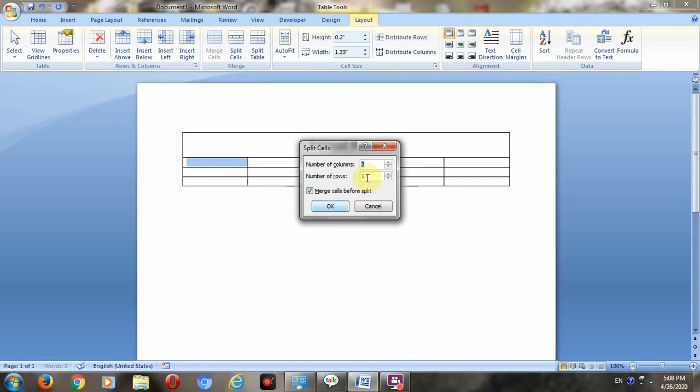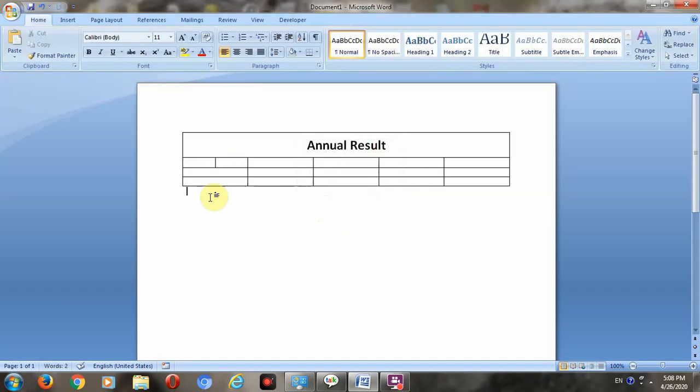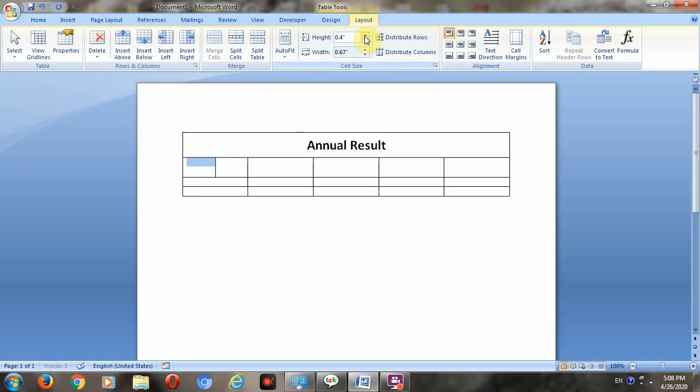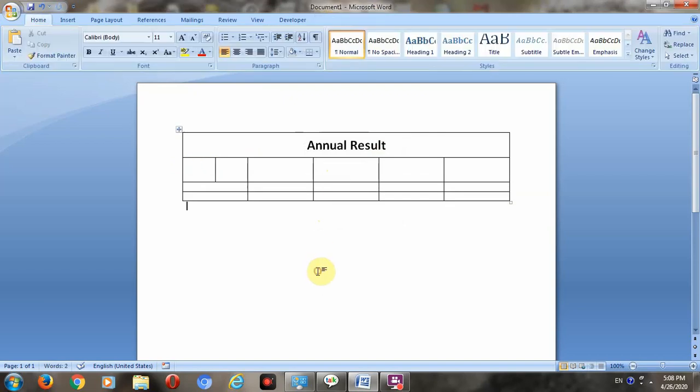If I want 3 columns, I just keep increasing this, but I want only 2 columns, then you have to click on OK. See, like this your cell will be split. If you want to increase the size, just go to this one. So like this you split your cells, merge your cells, and set the alignment in a table in this way.